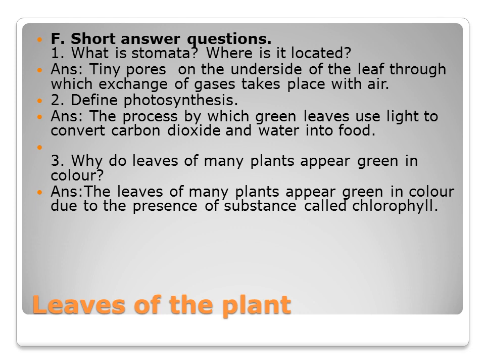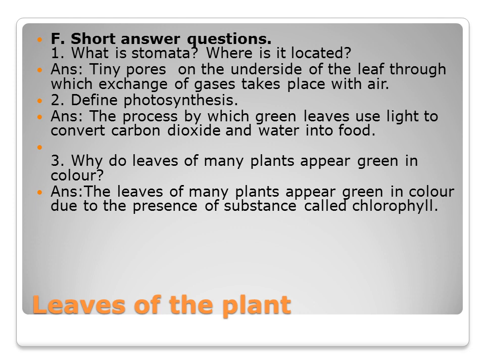Then short answers. First one, what are stomata, where are they located? The tiny pores, where are they present? On the underside of the leaves. Here only the exchange of gases will take place. So stomata are tiny pores present on the underside of the leaves. Here the exchange of gases, that is carbon dioxide and oxygen exchange, takes place.